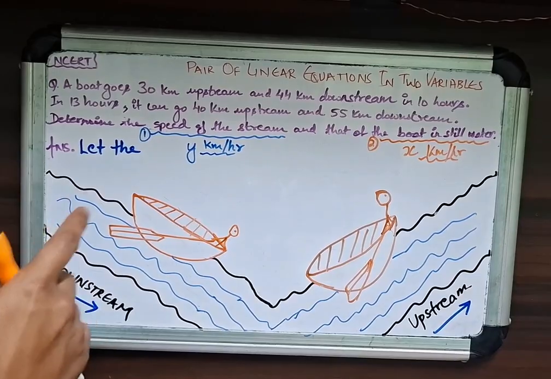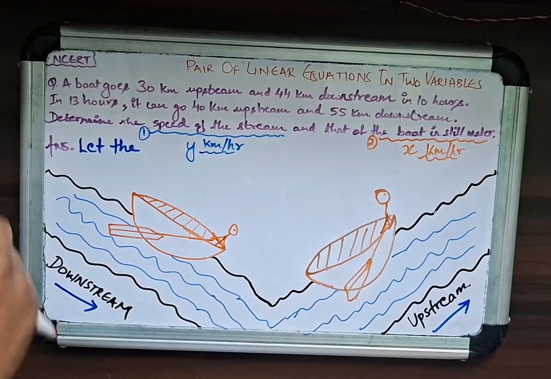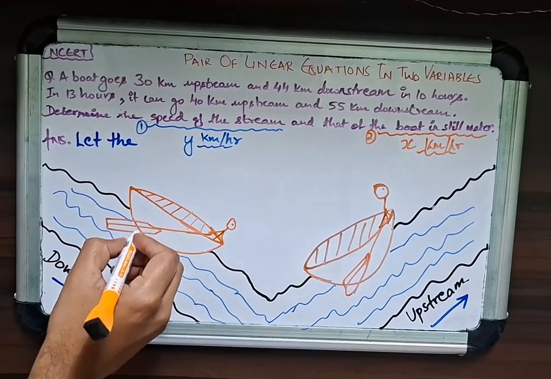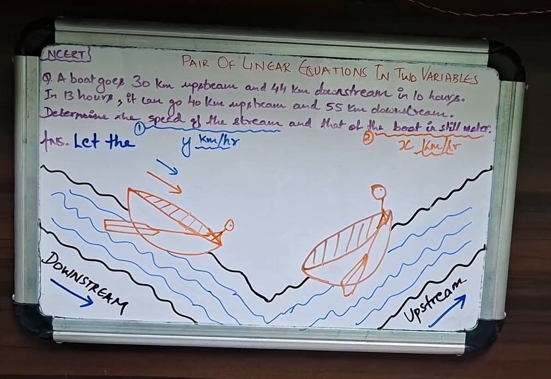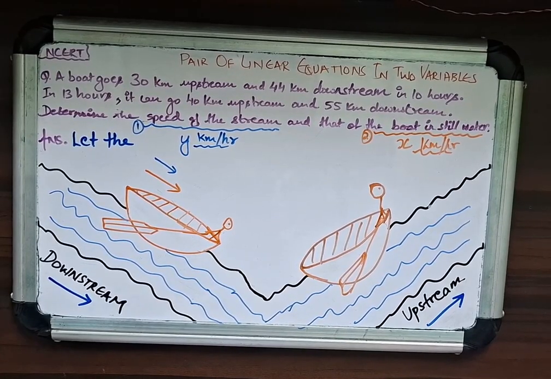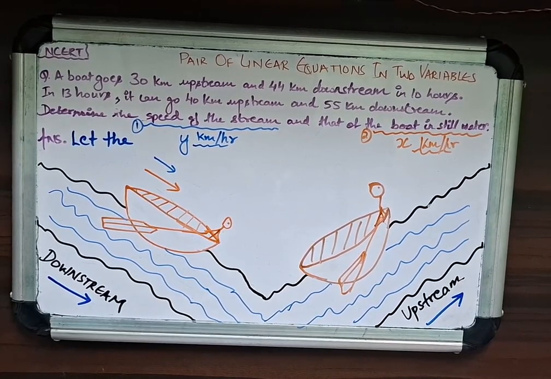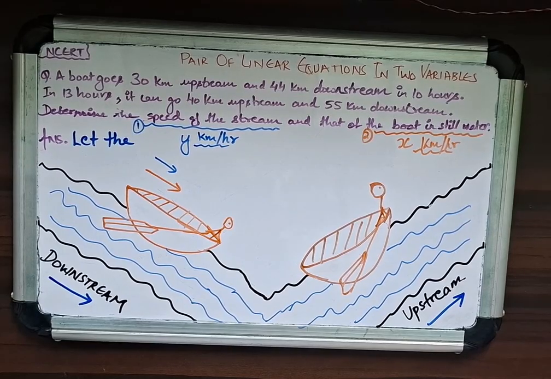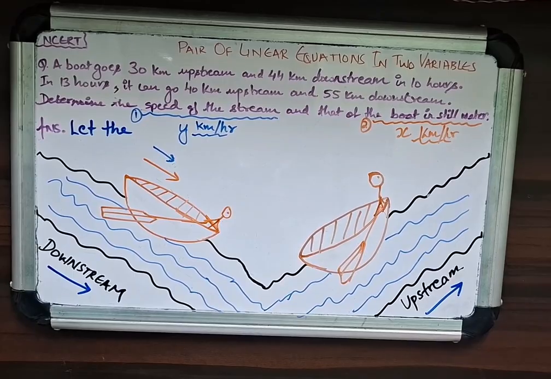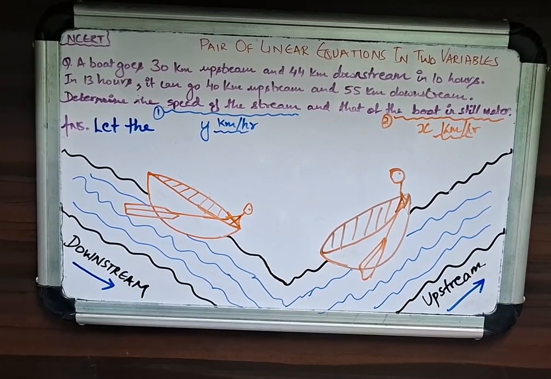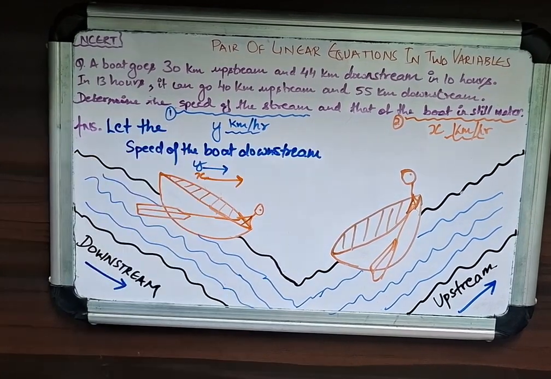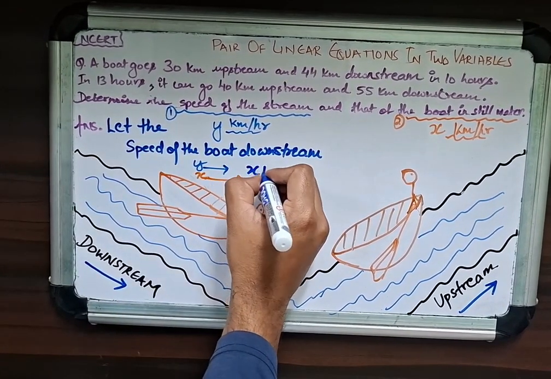When you are moving downstream on a boat, the stream is helping the boat move forward, since both the boat and the stream are going in the same direction. So the effective speed of the boat will be x plus y